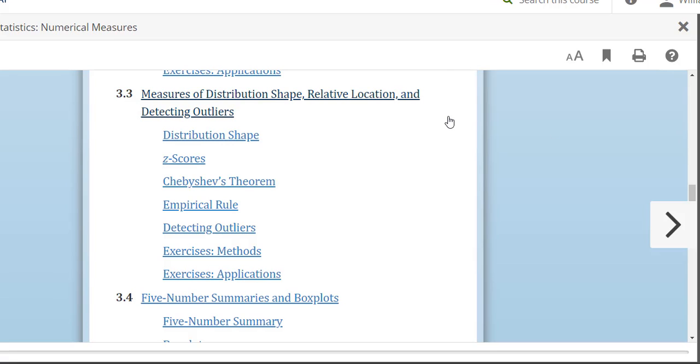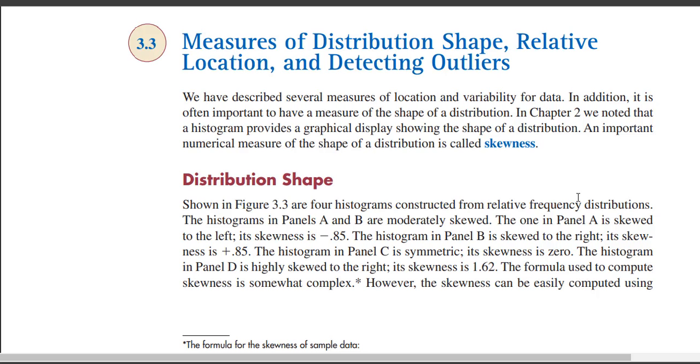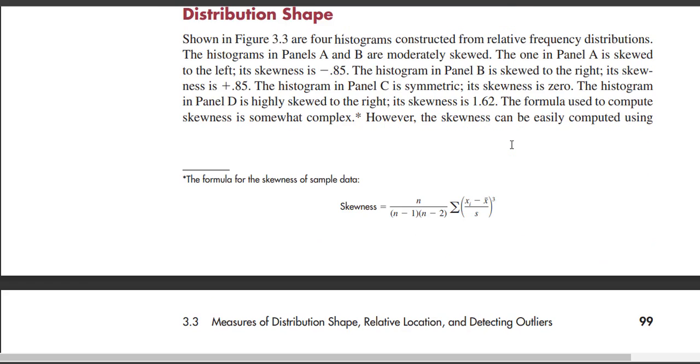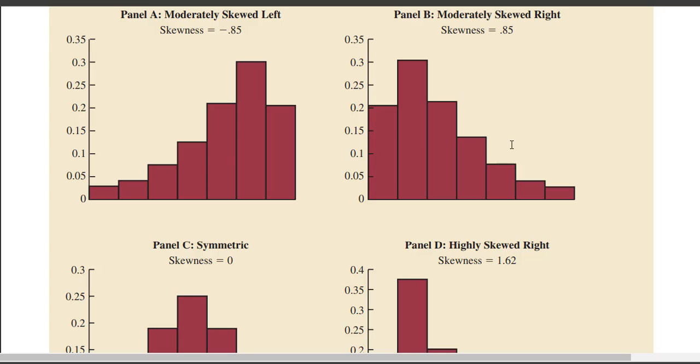Okay, so let's move on to section 3.3 called Measures of Distribution, Shape, Relative Location, and Detecting Outliers. Okay, so we're talking about the shape of a histogram, and we talk about a word called skewness. So we look at these histograms,